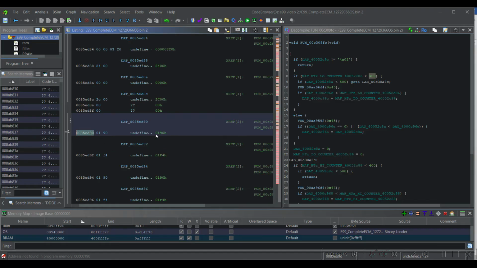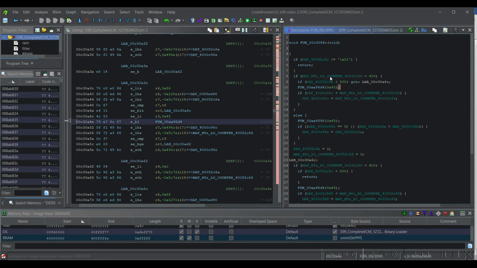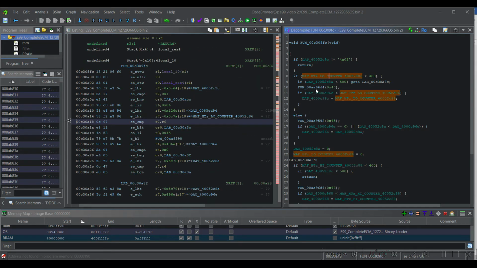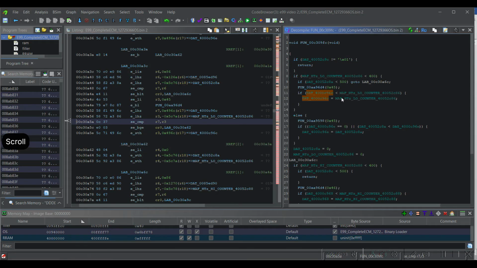That'll be 400 in decimal, I'm fairly certain. Okay, so if the counter is less than 400 then this value equals the counter. If it's less than the counter, it equals the counter. It's an odd statement. If this is not true, if it's not less than, so it's more than,